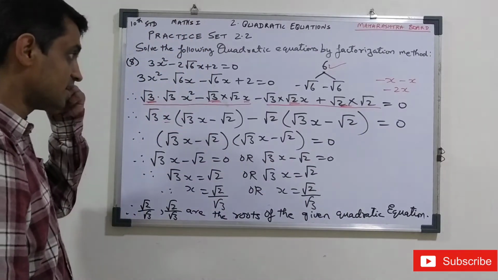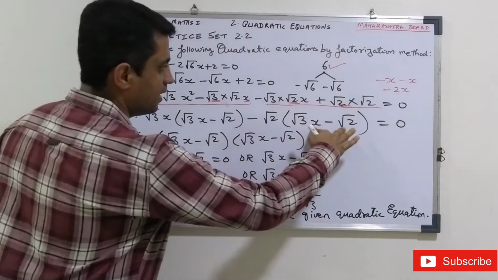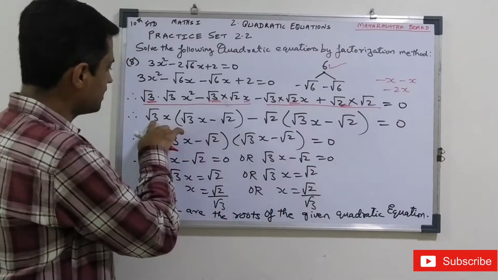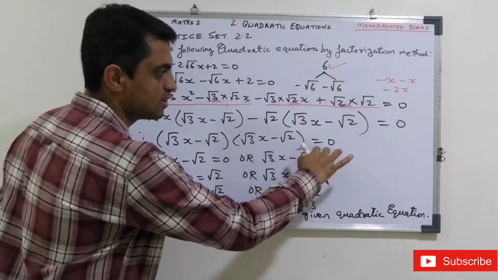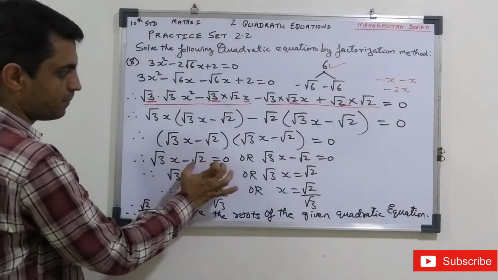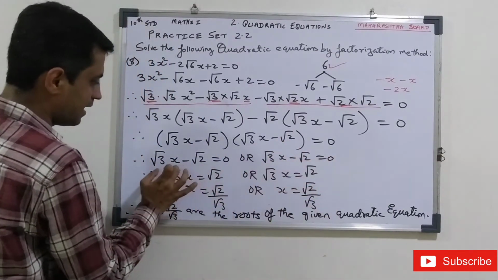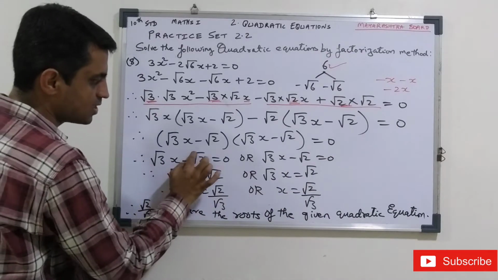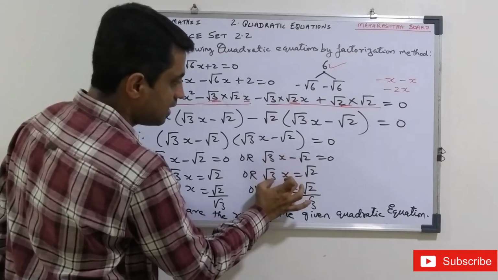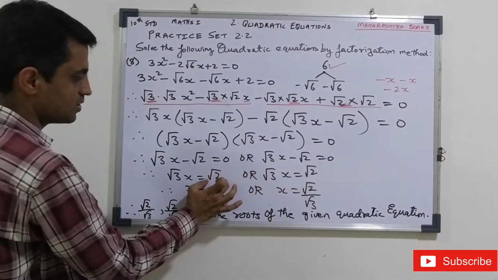This way. After this, now you know very well in factorization, we take the common here. So root 3x minus root 2 and this root 3x minus root 2 is equal to 0. Now we are going to compare with 0. So this part we compare with 0 and this also we compare with 0. So what will we get? Root 3x, this minus root 2 will be shifted here, it becomes plus root 2. Here also plus root 2.